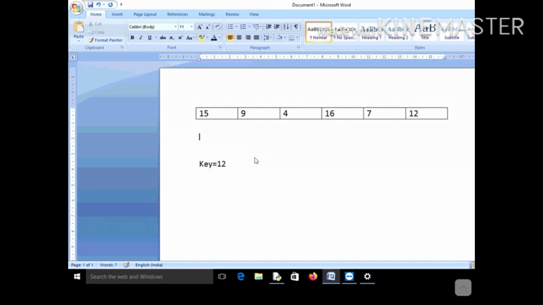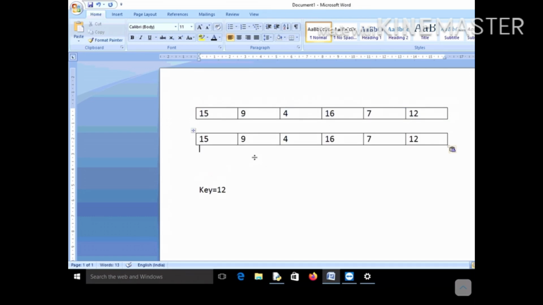Now the very first step in binary search is that you have to first sort your list. This list must be sorted. You can see that this list is not sorted right now. For example, 15 is greater than 9, then 4 is less than 9, so the list is not sorted. So the very first task is to sort the list, in ascending or descending order, whatever the order may be.